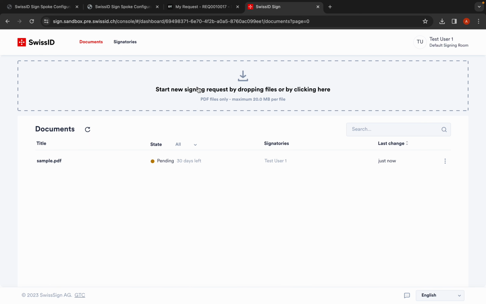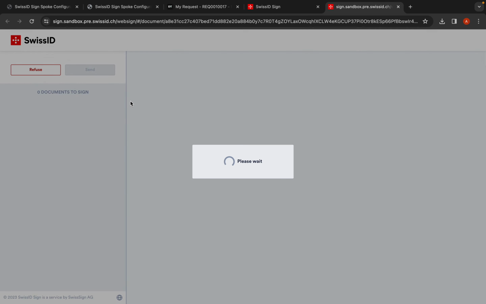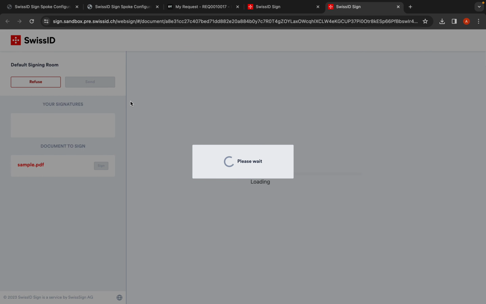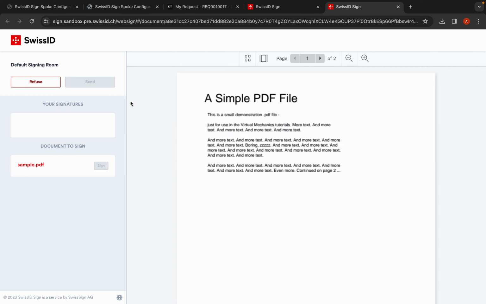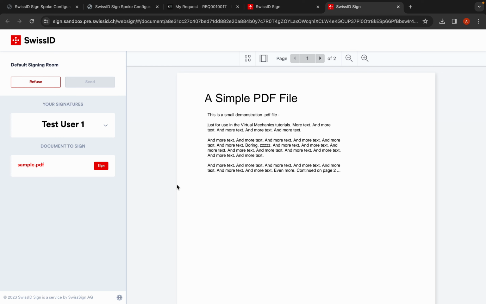In SwissSign, test user 1 can sign the document that was just sent out. And we see here we have a sample.pdf document to sign and the state is pending. And I have to sign as test user 1 this document. So opening the document, we can click sign now. And we can see the PDF file, in this case just a basic example PDF file that we have to